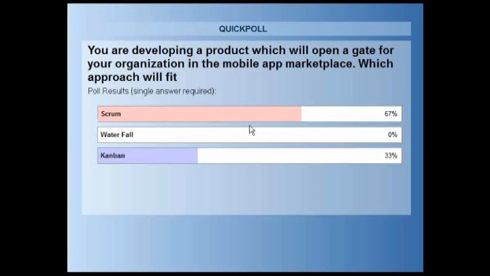So here are the results. Scrum 67%, and 33% is Kanban. Now, in Kanban, we visualize the workflow, we identify the stages, for example, analysis, development, test, deployment. So these are the stages, and every packet of work or every request passes through these steps and at the end gets delivered. I have some questions, so let me see if it is related to this.